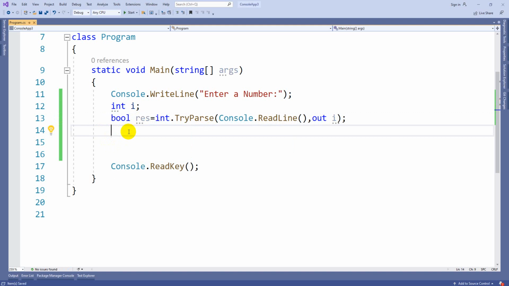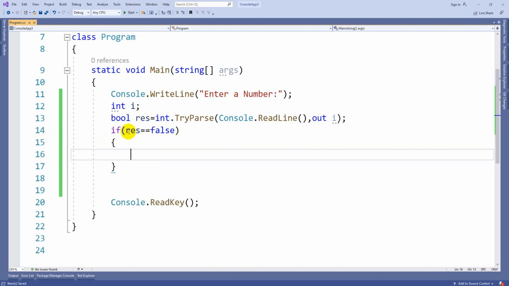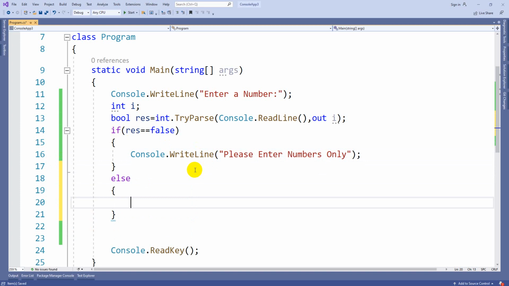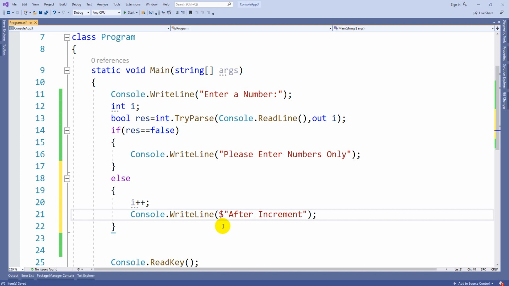Here I can write logic like this: if result equals false, I can print an error message, please enter numbers only. If not, in Console.WriteLine, we can increment the i value and then print the value on the screen, after increment.